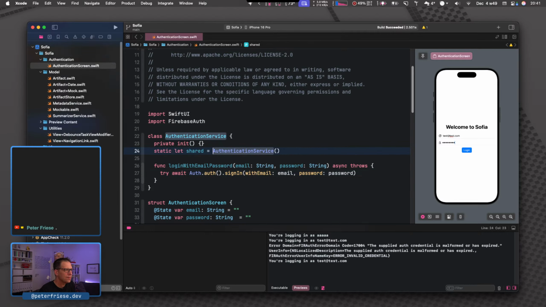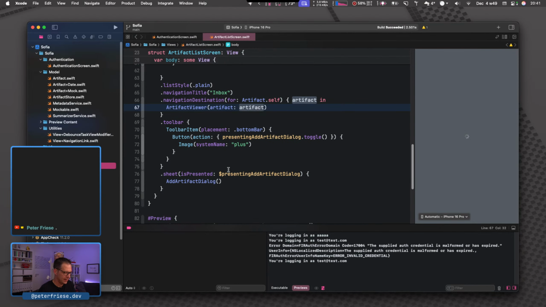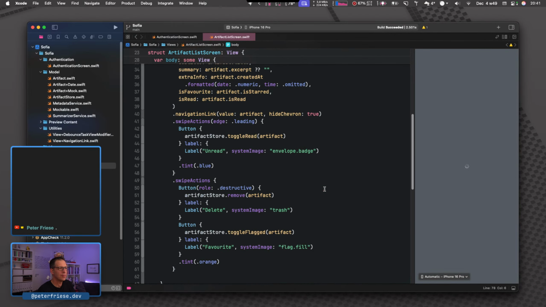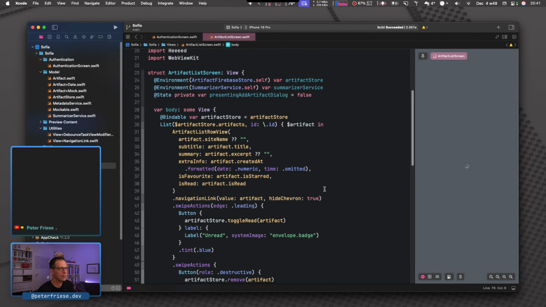Let's go to the artifact list screen because I think that is a good place to display some sort of UI. This is the root view of the application, basically. It shows all of the artifacts and we could place a view in there.